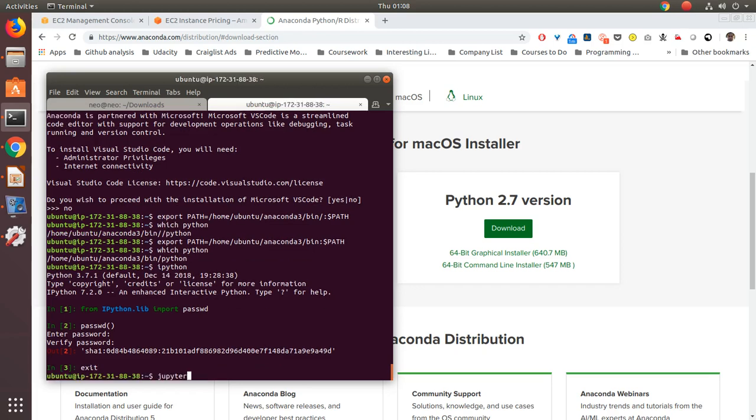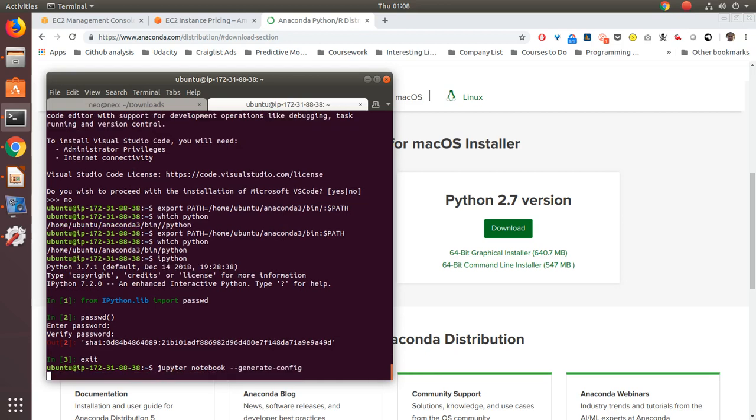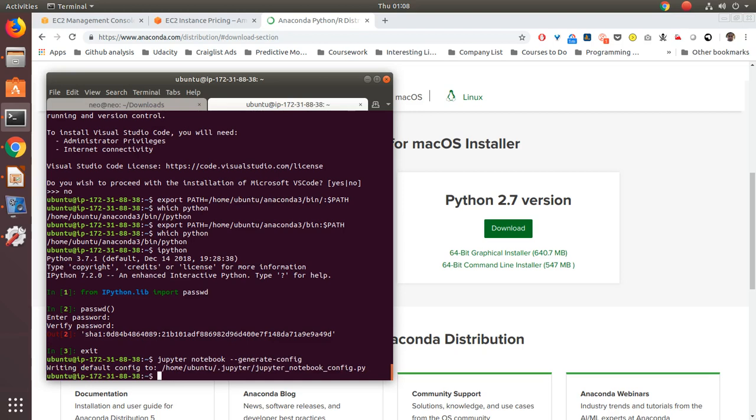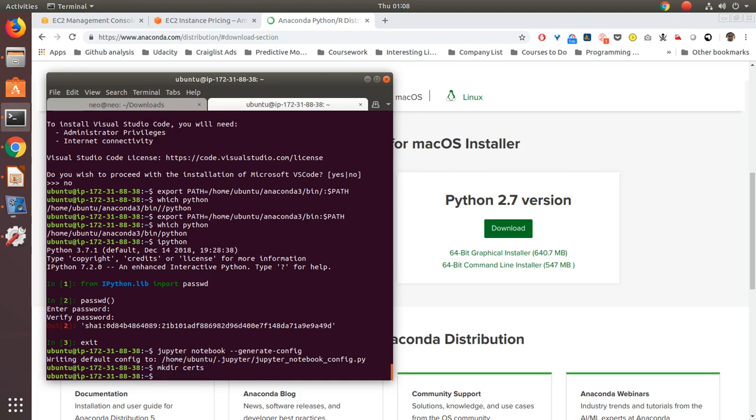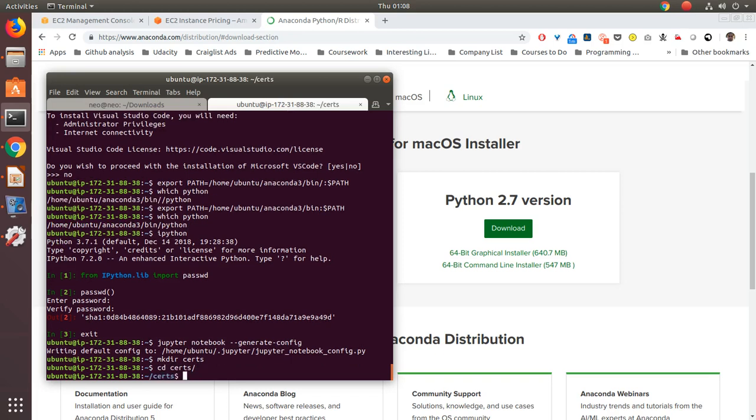The next thing is Jupyter is already installed because we have Anaconda. Otherwise, we would have to install it. So jupyter notebook --generate-config. This is the command to generate a configuration file for Jupyter, and by default it writes to the /home/ubuntu/.jupyter directory. Once that is done, we need to create the HTTPS certificates. So we will create a directory called certs. We'll go to that directory, and then